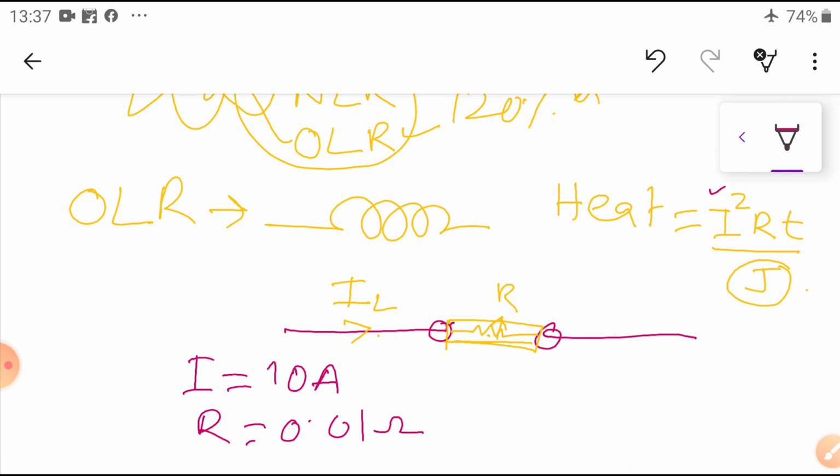Then what is the value? 10 squared, 100, into R equal to 0.01, into time, for example take 10 seconds, divided by 4.2. Then we are going to get some temperature.